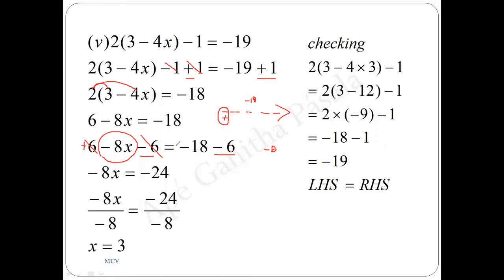Minus 8x equals what is the answer here? Minus 18, minus 6. Minus, minus, minus, that way 18 are there. Minus, minus, minus, that way 6. Okay, 6 minuses are there. I can't draw all the 18 minuses and 6 minuses here. Therefore, I will put an arrow. 18 minuses and 6 minuses are there.